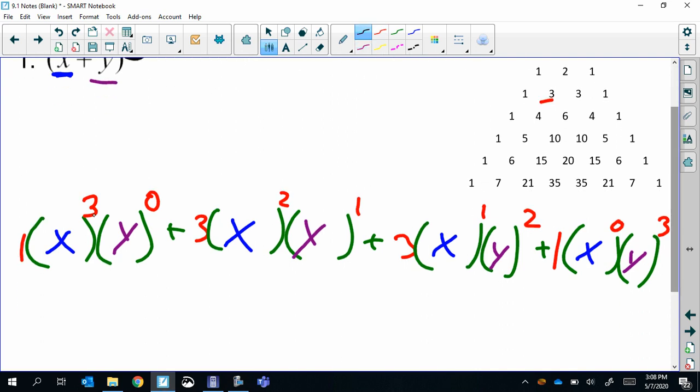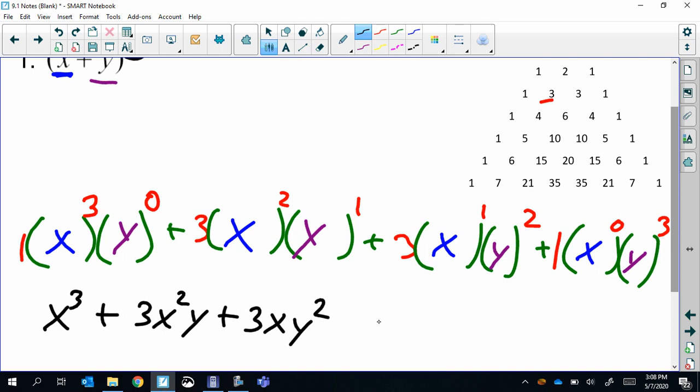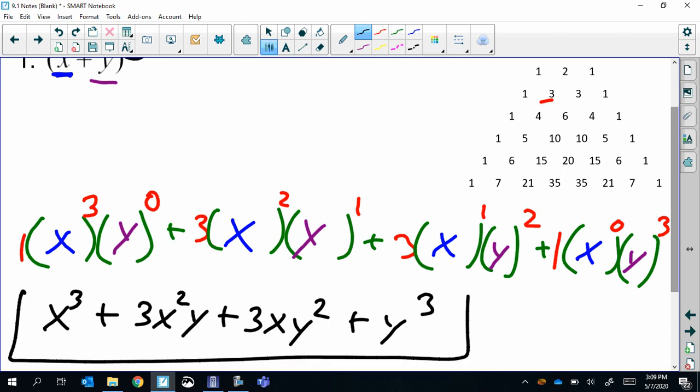We got 1x to the third times y to the 0. We're just simplifying this. So that would just be x to the third, 1x to the third. Y to the 0 is 1, so we don't have to write it. 3x squared y. And then 3xy squared. And then 1, x to the 0 is 1, y to the third. And that's it. That's expanding a binomial